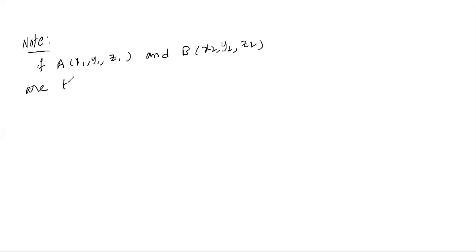Now we see the equation of the straight line in three-dimensional. To do the next problem, note: what does a note mean? If A (x1, y1, z1) and B (x2, y2, z2) are two points, then